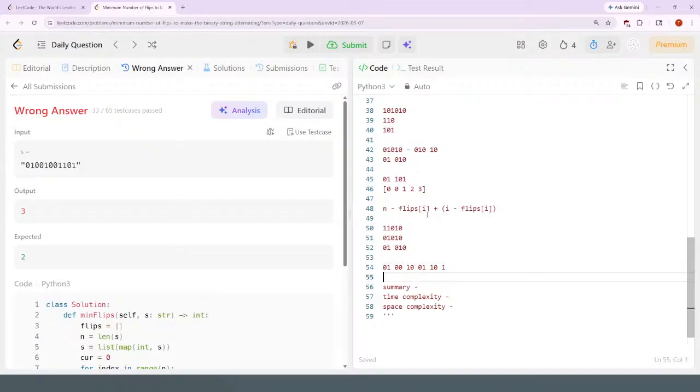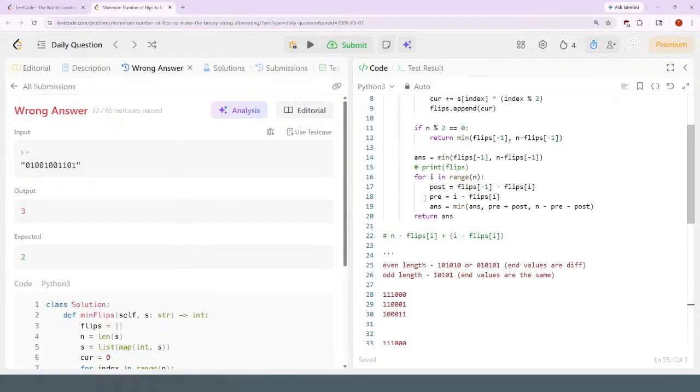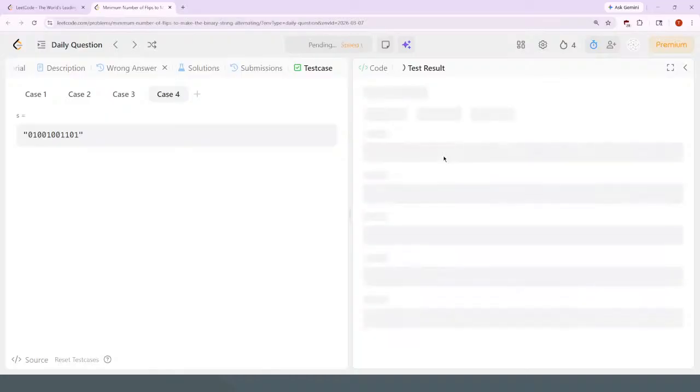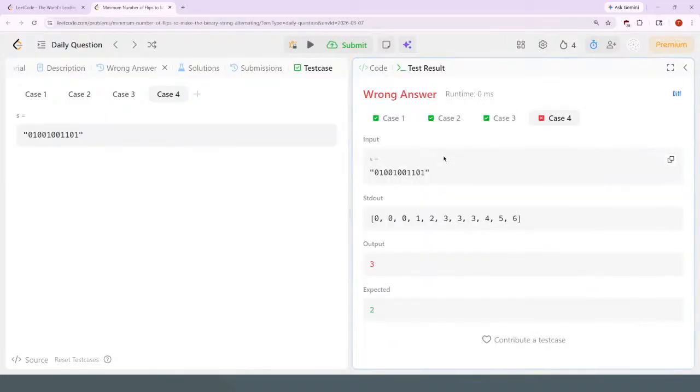Yeah, so okay, so what's the ideal split here? Ideal split should be, so